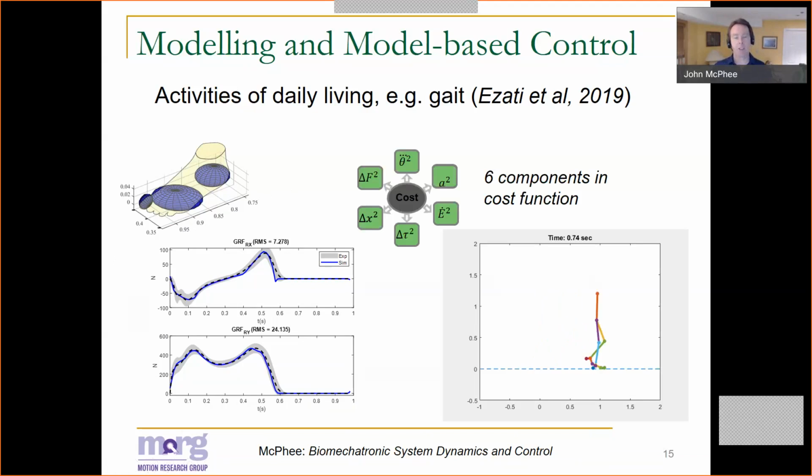Turns out to get a good match to experiments, we had to play around with 6 different components comprising a cost function. And those 6 different components include terms like muscle activations, which are representative of effort, metabolic energy cost, even the jerks in the model, jerk being the derivative of acceleration. And it's known that a lot of people move so as to minimize the jerk because it creates smooth movements. So it seems that for activities of daily living, there may be many factors that need to go into the cost function that a human is minimizing.